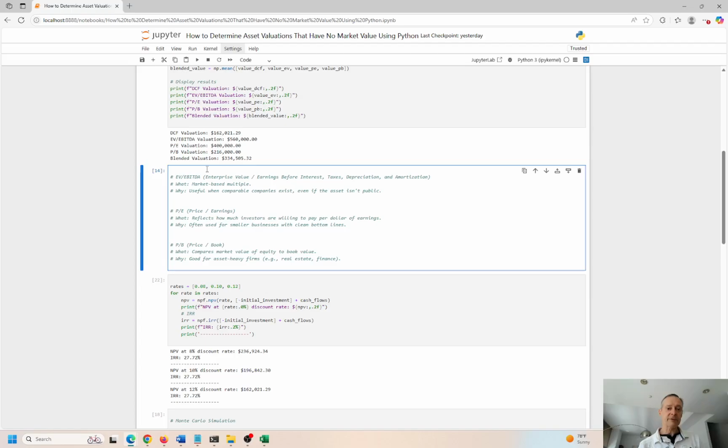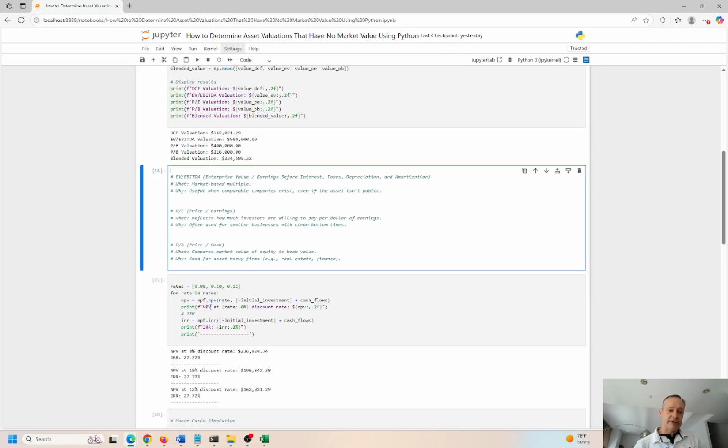So just the whole concept here and the whole theory is we're trying to determine what something potentially could be worth. That's an asset that we can't just go out into the market and say, okay, I know what this is worth. I can assume, or I can calculate what this is worth. It takes a little more effort and a little bit more legwork to determine these valuations, but it's not that hard, guys. It's not that hard.